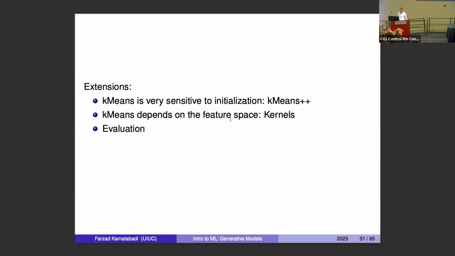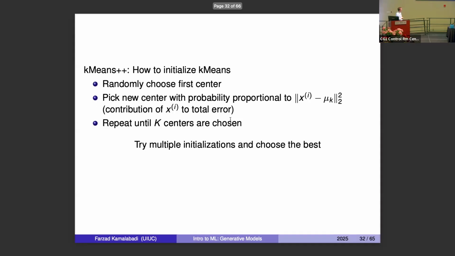It also depends on the feature space. So there are methods for kernels. I should have mentioned that in the context of PCA as well. We talked about kernels for support vector machines, right? So you can actually generalize many of these concepts by introducing these functions, kernels with certain properties that would allow you to essentially operate on not really picking features, but automatically finding the information in your data. Okay.